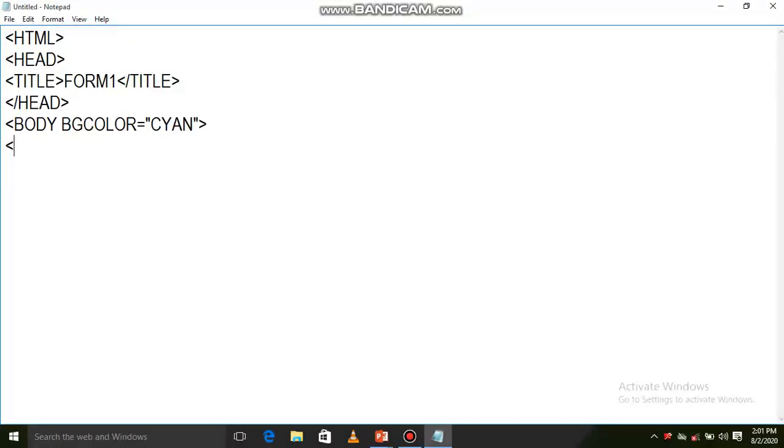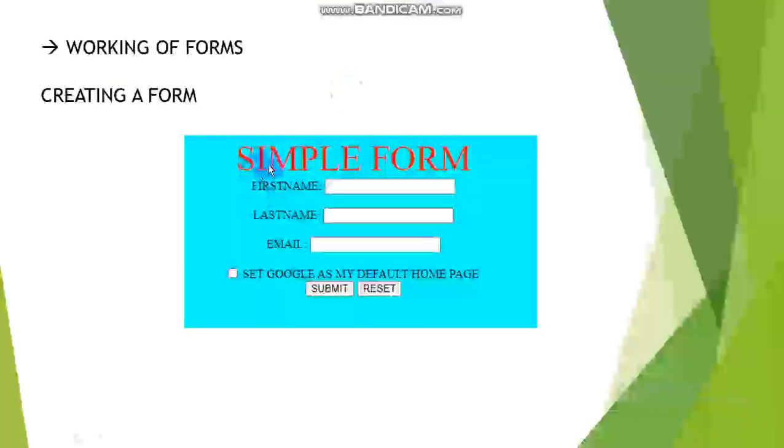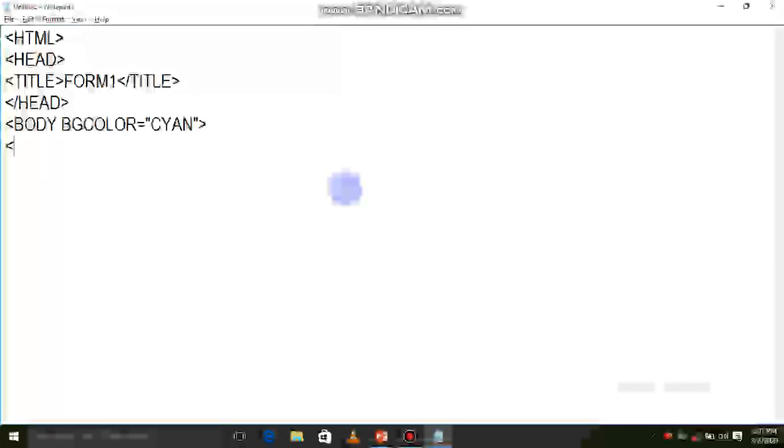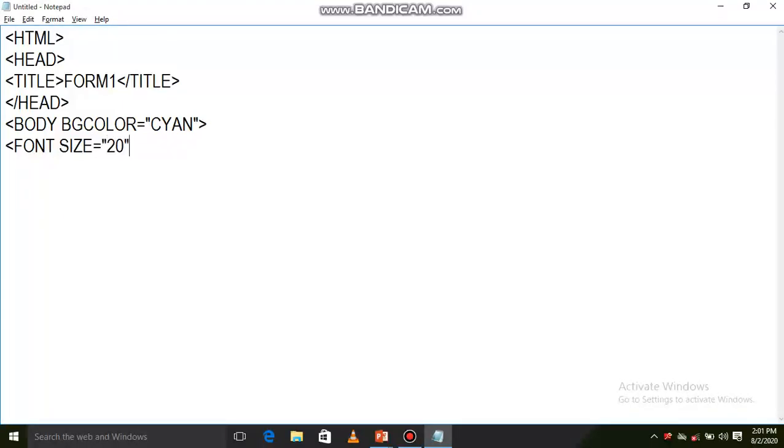Now if you want to specify this simple form at the top, for this I use the font tag. Font size is equal to 20 or 21, and you must use double quotes. Color is equal to red.